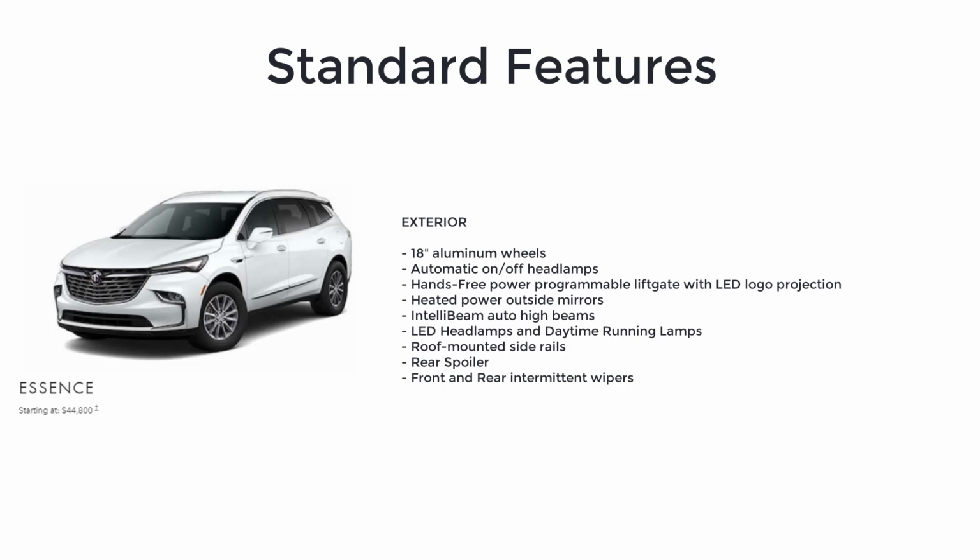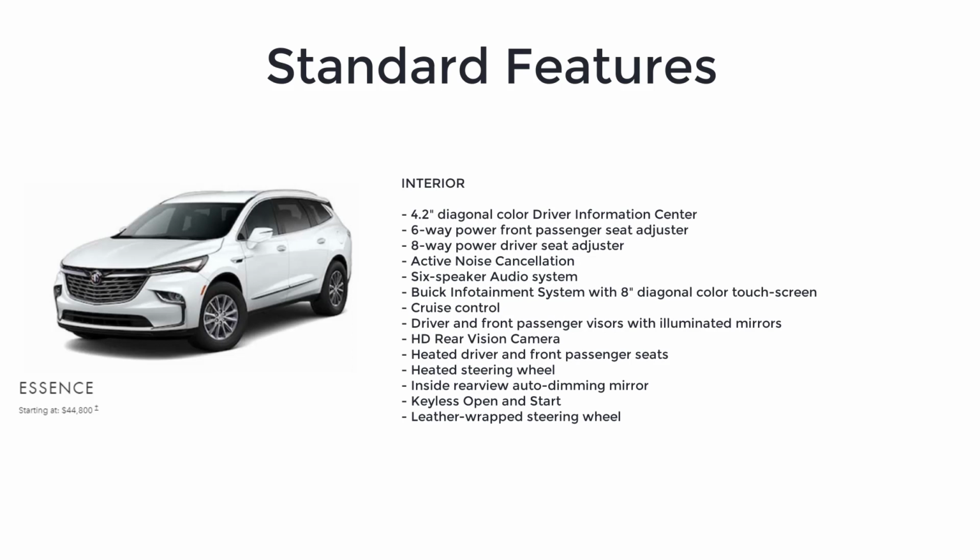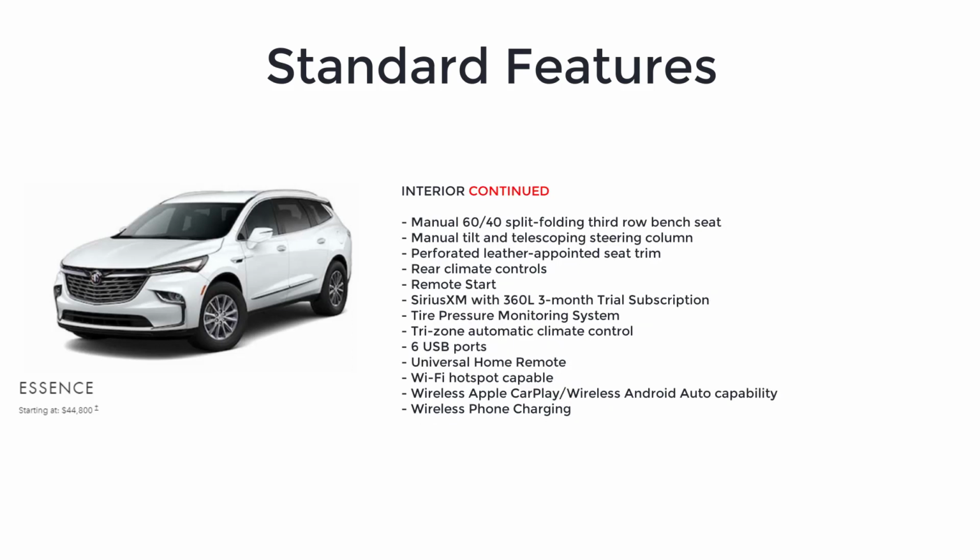front and rear intermittent wipers, 4.2-inch diagonal color driver information center, 6-way power front passenger seat adjuster, 8-way power driver's seat adjuster, active noise cancellation, 6-speaker audio system, Buick infotainment system with 8-inch diagonal color touchscreen, cruise control, driver and front passenger visors with illuminated mirrors, HD rear vision camera, heated driver and front passenger seats, heated steering wheel, inside rear view auto dimming mirror, keyless open and start, leather wrapped steering wheel, manual 60/40 split folding third row bench